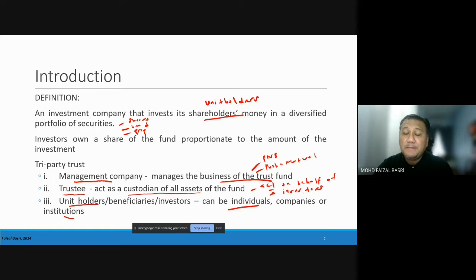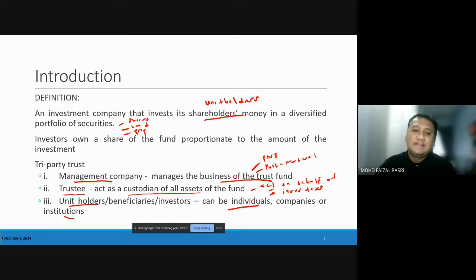Okay, dia jadi pemegang amanah. So semua funds ataupun assets yang ada dalam transaction of that particular unit trust akan dipegang oleh trustee. So management company kena make sure lah dia punya nature of transactions, nature of investment tu according to their prospectus. Okay, kena ikut apa yang dia rancangkan. And trustee ni akan make sure lah this management company follow.